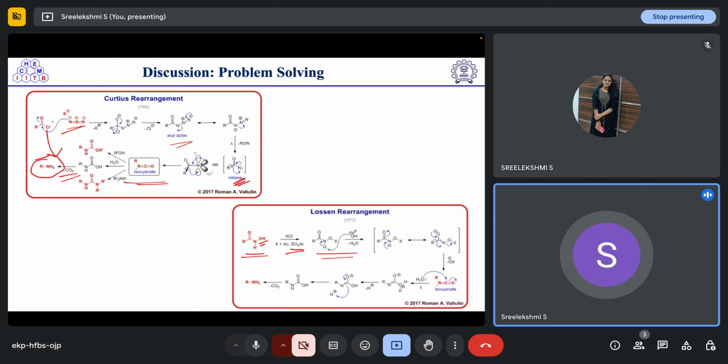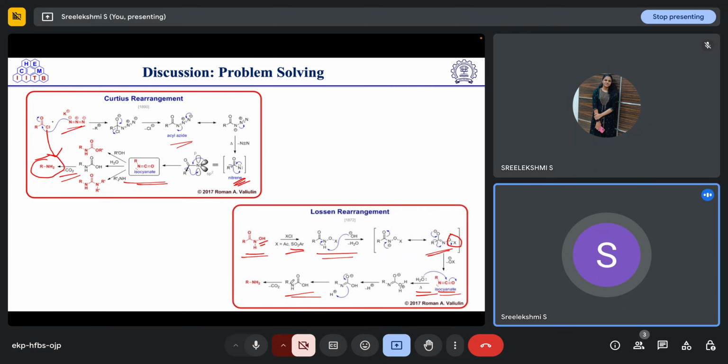Then when this hydroxyl group loses its proton, that will form this negative charge over the center, which will come here, and this bond will shift over here to form this intermediate. Again, when this O minus comes here, this R group will migrate to this nitrogen, and this OX is leaving to form this isocyanate. Then in the presence of this water molecule, again as we saw earlier,